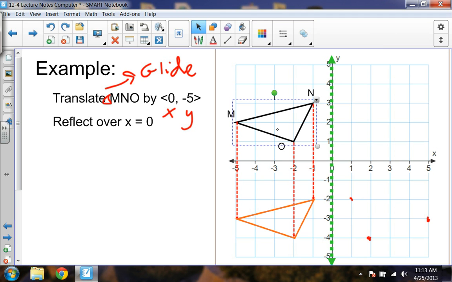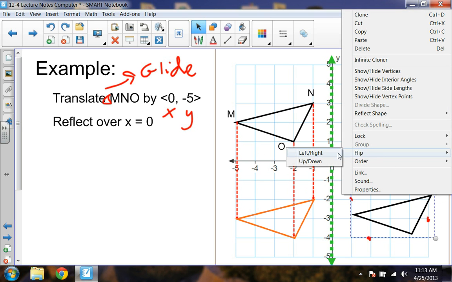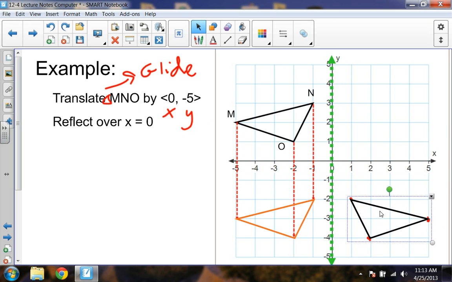And I'll just take that, copy, paste in, drag over, and flip. Of course, you have to draw all these, so just kind of go in shorthand for you. And as the other ones, I'll make it blue. So there's your final result. I did a glide and a reflection. Now they will ask you, when they say to translate or glide, these should run parallel to the axis which you are reflecting this over. So if they are not, then you should ask a question about that because something's wrong. Now, you might have an example